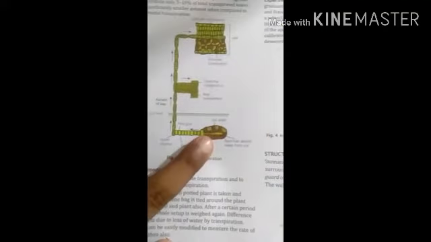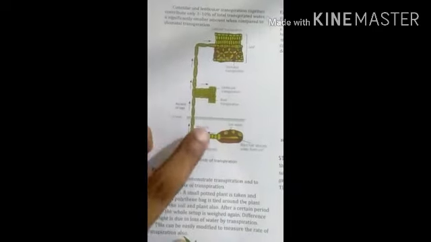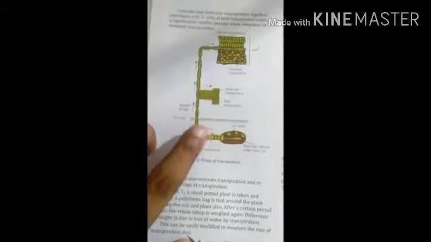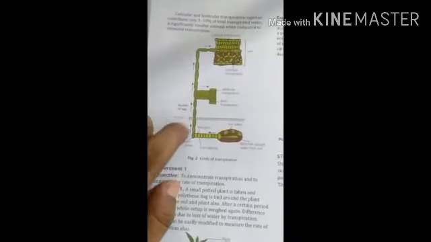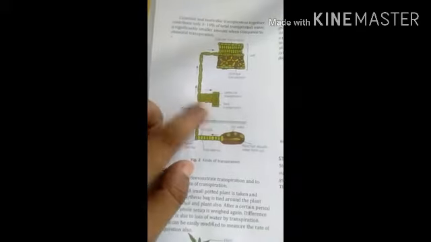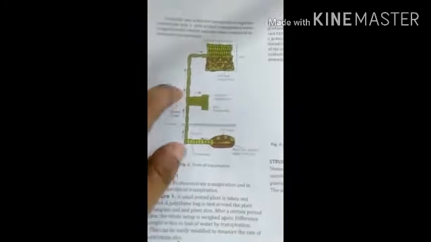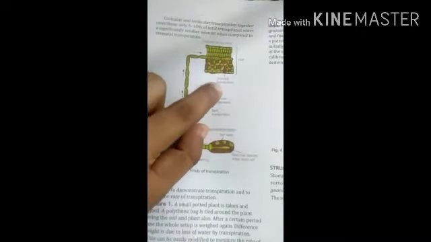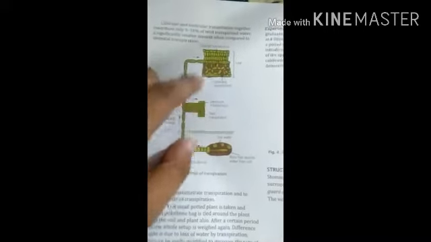First, the root hair will absorb water from the soil, then it will come to the cortex, then the endodermis before the pericycle, and from the pericycle it will come to the xylem channel. This is the soil level. Then the ascent of sap will take place. Here you see in the bark lenticular transpiration, and then cuticular transpiration. Here in the leaf is stomatal transpiration. So these are all the different kinds of transpiration.